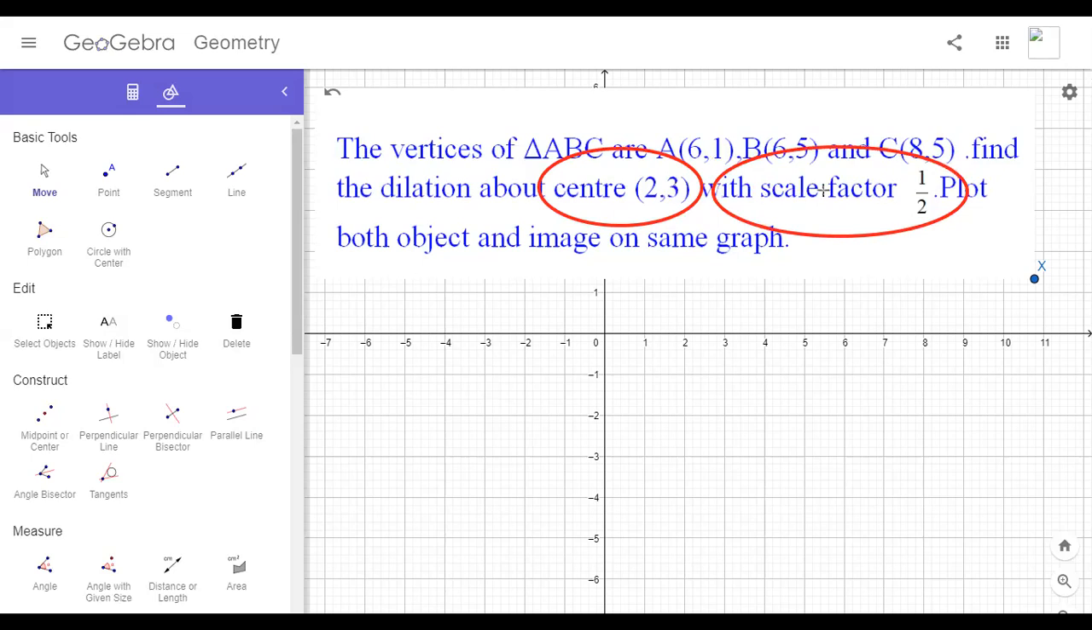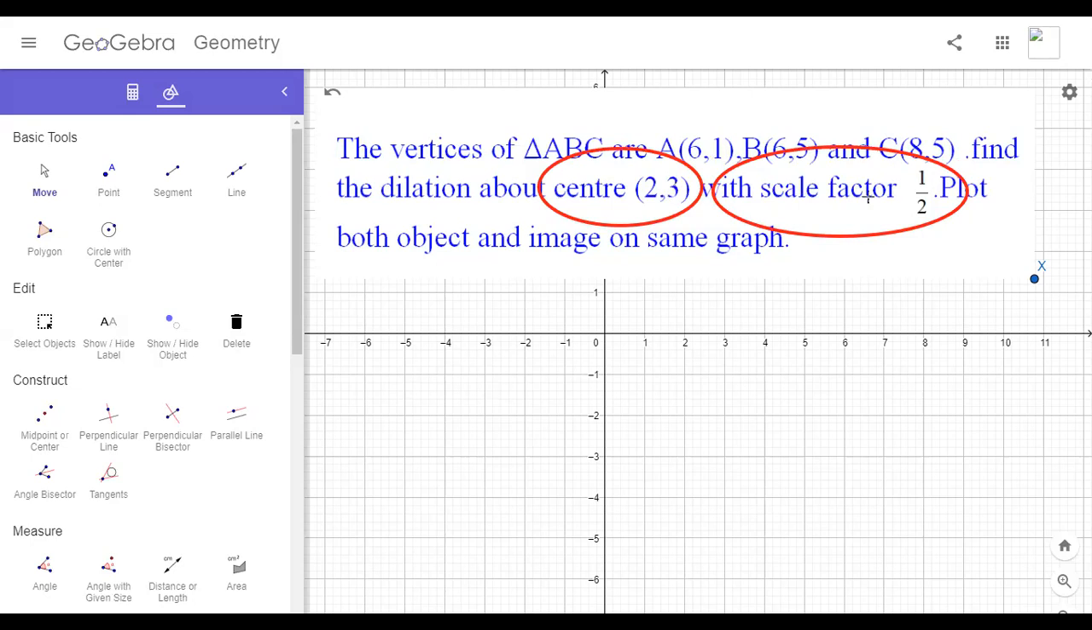Okay, let's have a look at this scale factor. Here the scale factor is half. That means the object is going to be reduced. Here the scale factor is less than 1, so the object is going to be reduced. If the scale factor is greater than 1, then the object will be enlarged. But here the scale factor is less than 1, so the object will be reduced